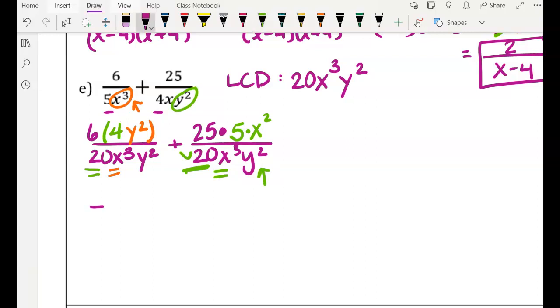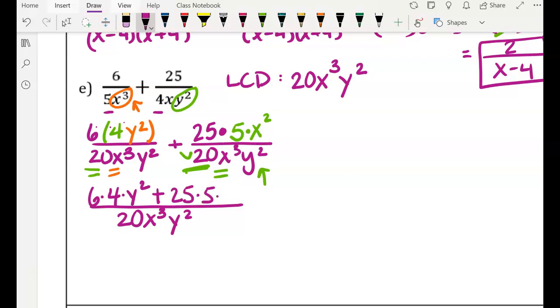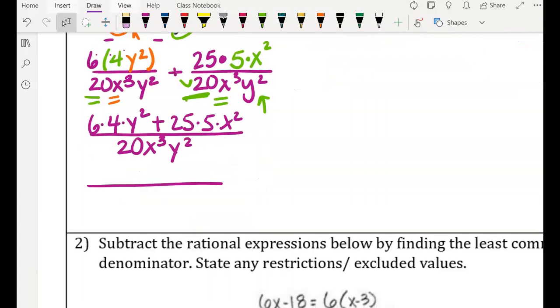So let's write it now under one LCD, that means one fraction, and we are going to add the tops together. So we have 6 times 4 times y squared. That's one way to write it. Over here we have 25 times 5 times x squared. Of course we will multiply 6 times 4, okay? And that's going to give us